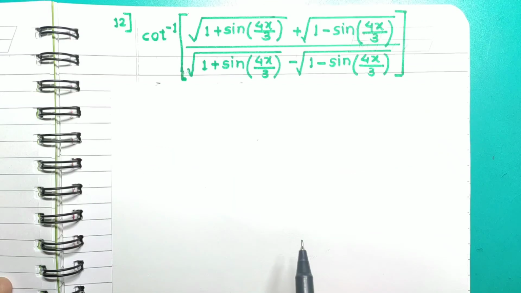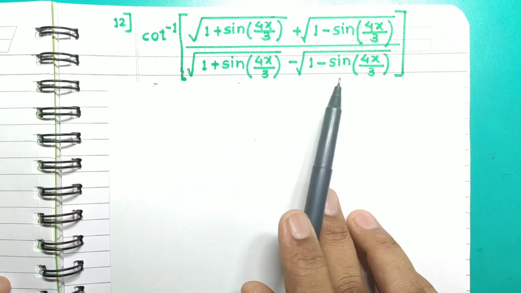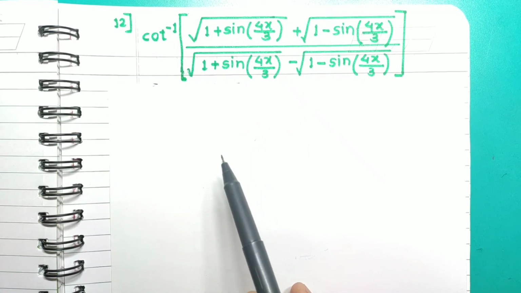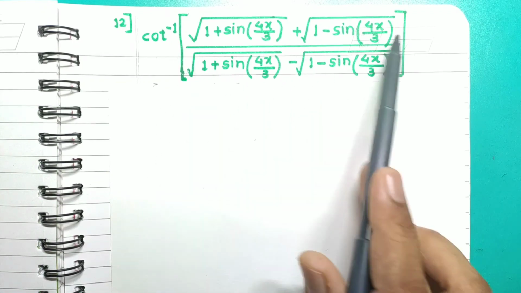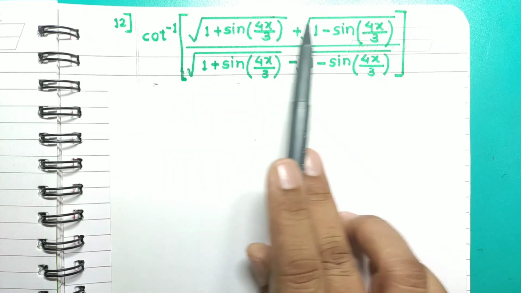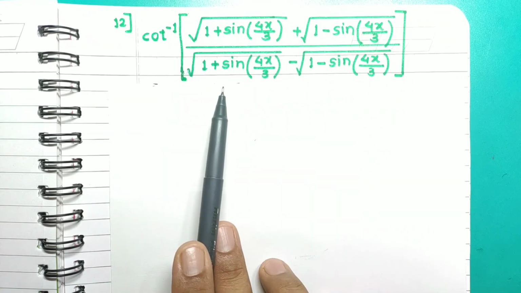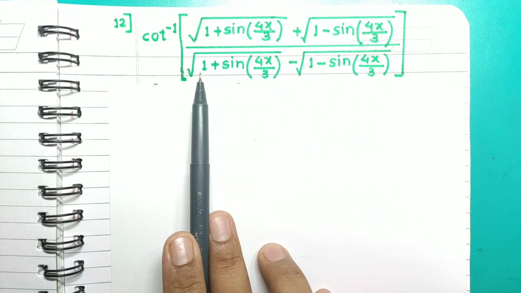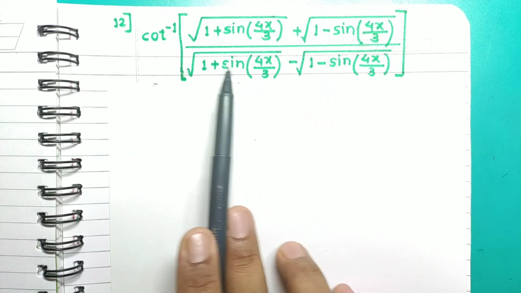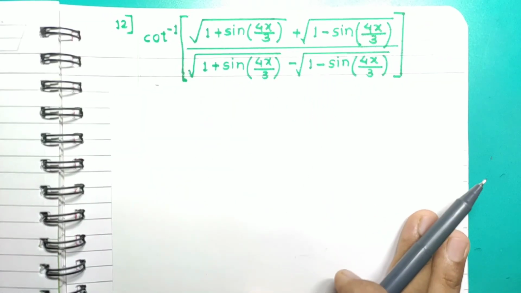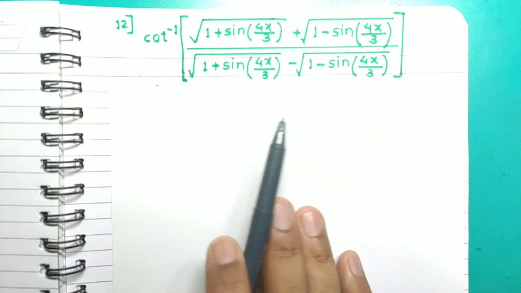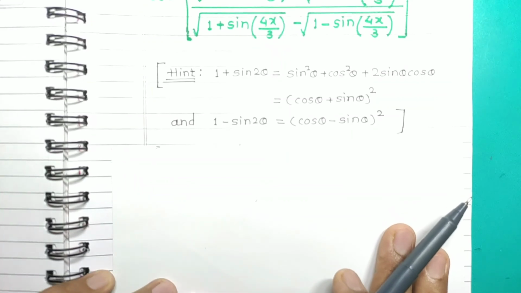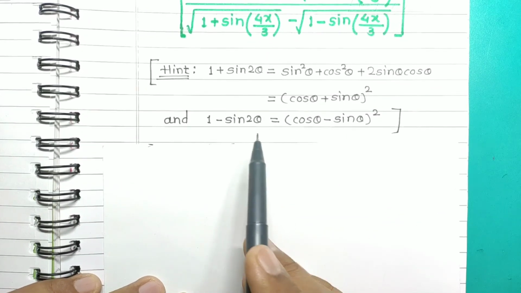Okay, and the last one of this session, and this is going to complete a dozen examples of this session. You can see how simple this function is. Okay, this is looking very complicated, but trigonometry is going to simplify this function. Trigonometry is going to help to solve this example. Okay, so for this example also I am going to give you a hint. So note this trigonometry properly.